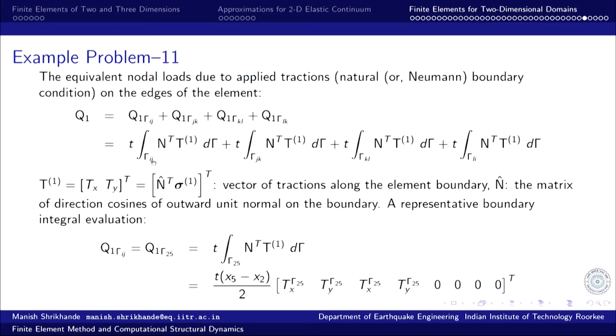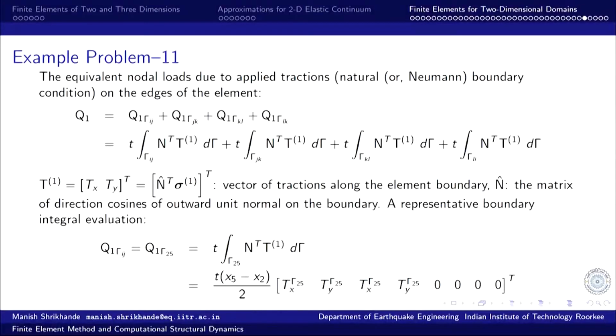So, integral along this edge weighting function multiplied by the tractions for element number 1 along this edge, and similarly for all these 4 terms, right. And this traction, there are 2 components, I mean it is a 2 dimensional problem. So, there can be traction components along x direction and components along y direction. So, T x and T y, and they are given by